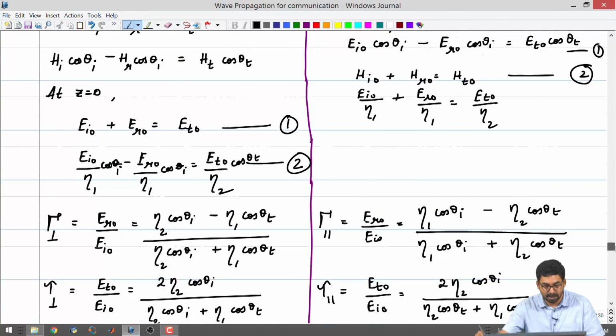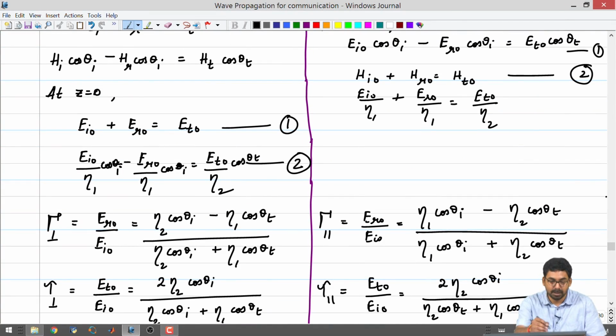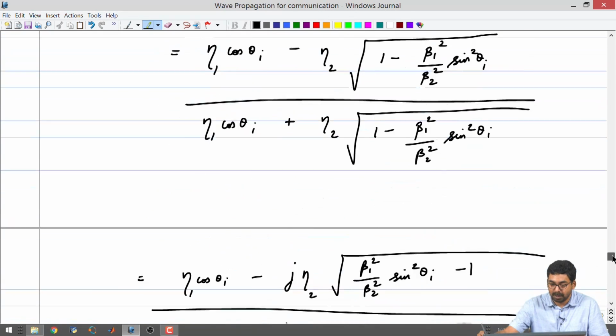In doing that, if we look at the expressions that we have, we already know that gamma perpendicular and gamma parallel are not equal, right. They are different, which means that you could have different gamma perpendicular and gamma parallel. So, you have to be very accurate in the calculations that you make and also the inferences that you make. Okay. So, let us take some conditions and start to look at what is going to happen.